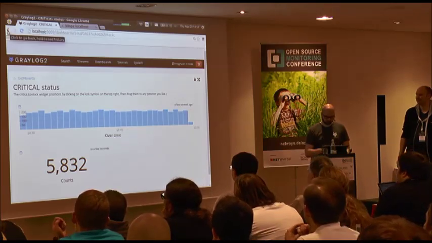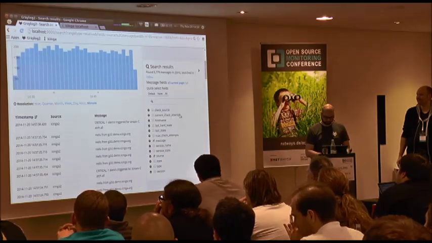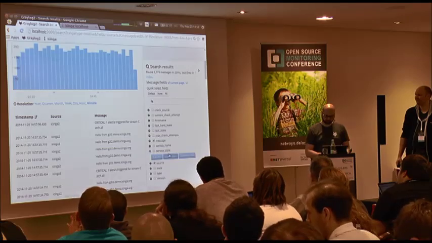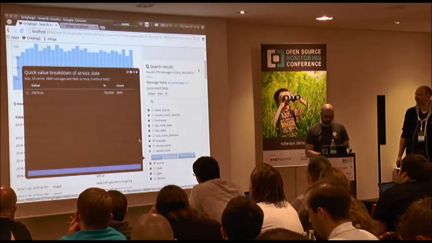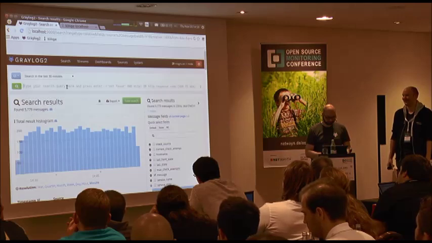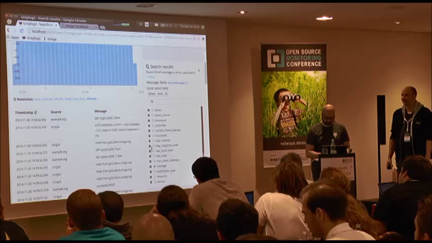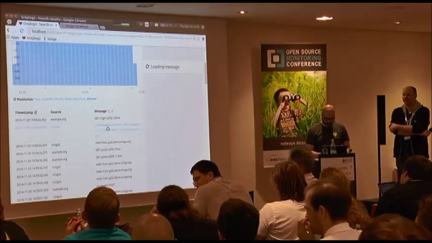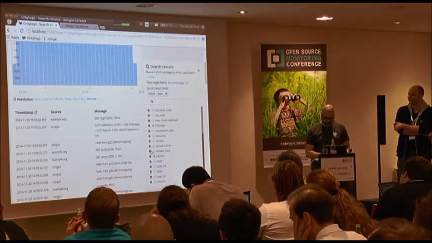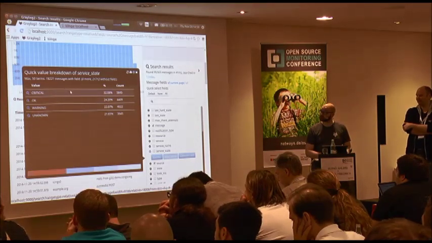And as you see, it updates automatically. If you want to see all the different service states, there's this quick values. And we only have critical, of course, because we only searched for critical. But if we search for everything, again for service states, quick values, you see an overview of which service states are there and how many of those.